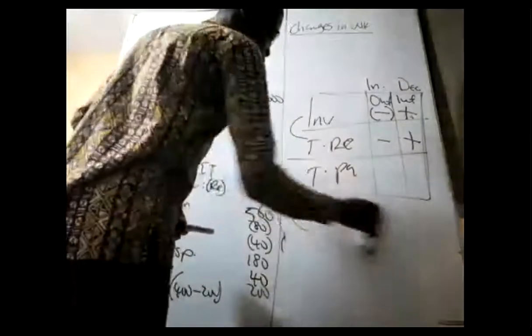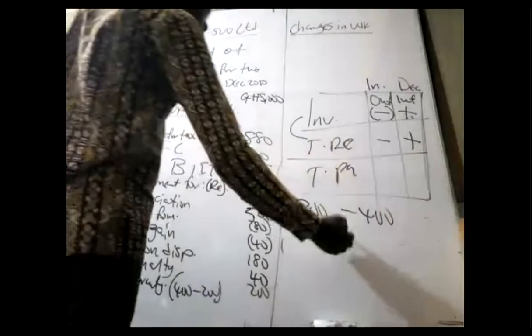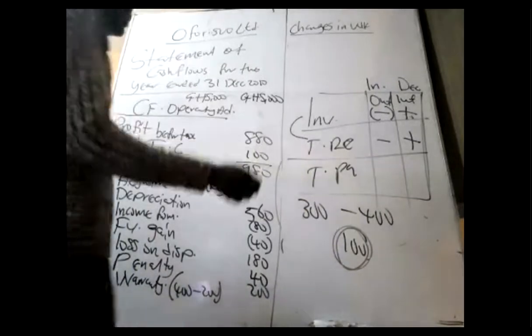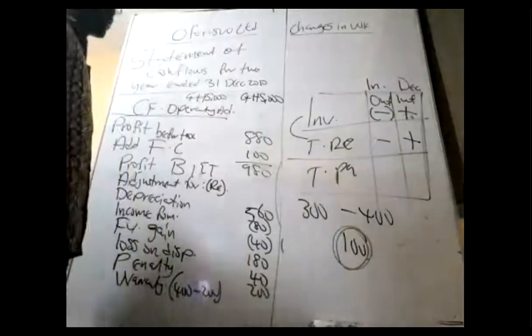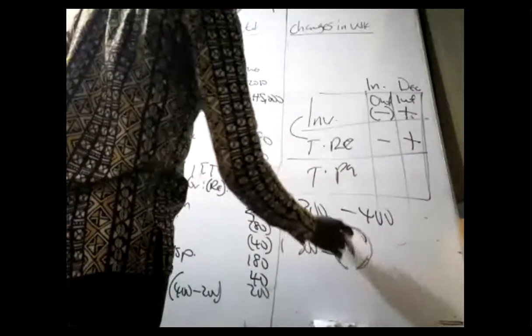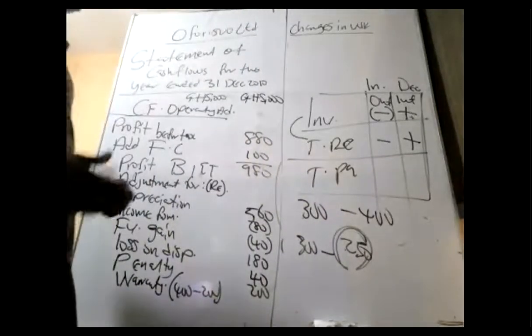Now, why is this so? Trade receivable means people that are owing us. At the start they owe us 300, at the end they owe us 400. It means that we have given them additional cash of 100 in the form of goods. We acquired additional goods of 100, we have paid the supplier, and we have given these goods on credit to these customers, which suggests an outflow. If it decreases, maybe from 300 to 250, it means that they paid part of the money. So that one is an inflow.